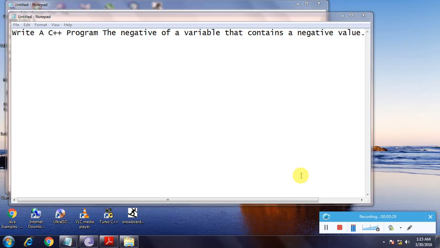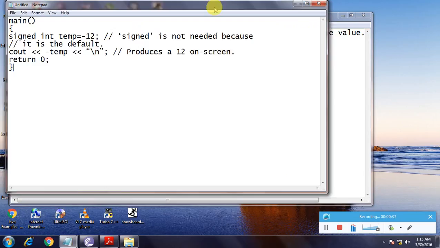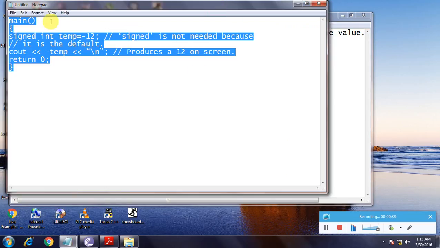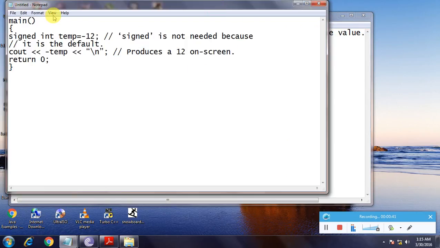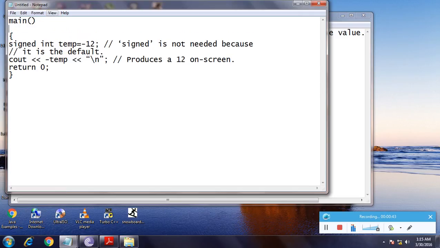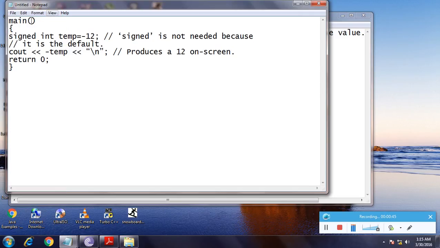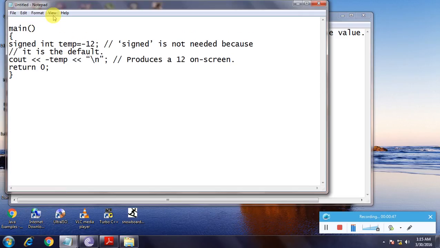So I have to write a very small program, easy to understand. So here is the program. This is a very important program, so first I have to explain it. I have made a small mistake, that is the hash include